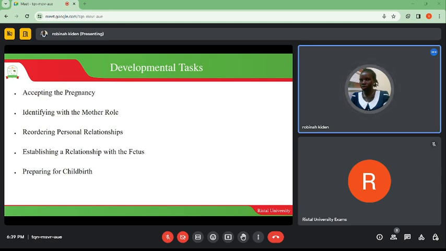Developmental tasks: accepting the pregnancy, identifying with the mother role, reordering personal relationships. Also, at this time, some of the partners retire themselves or distance themselves from their women. Why? Because they feel like they cannot become part of the kind of life that they have reached or they